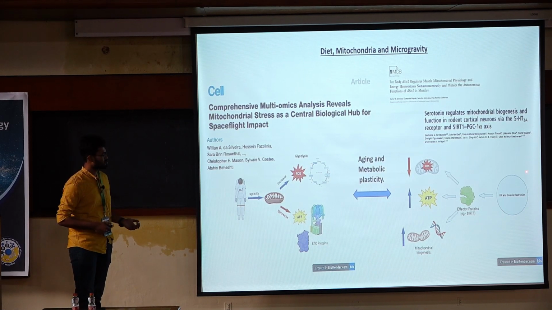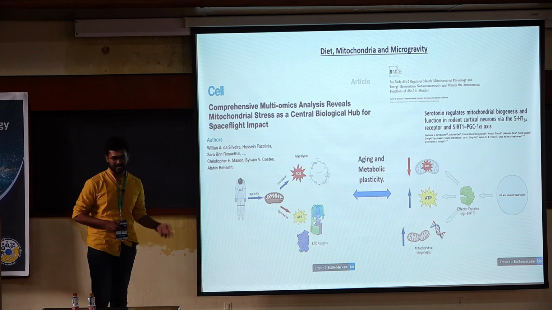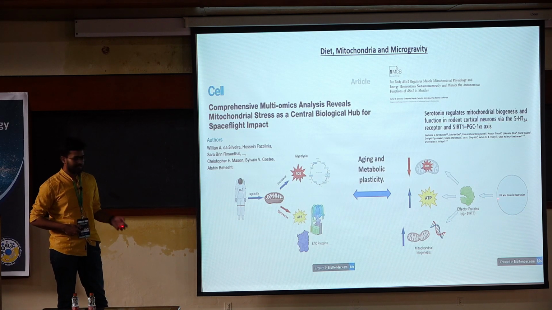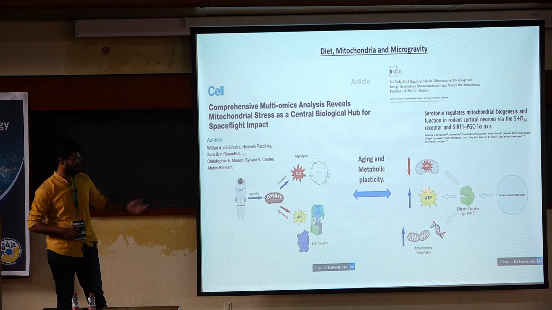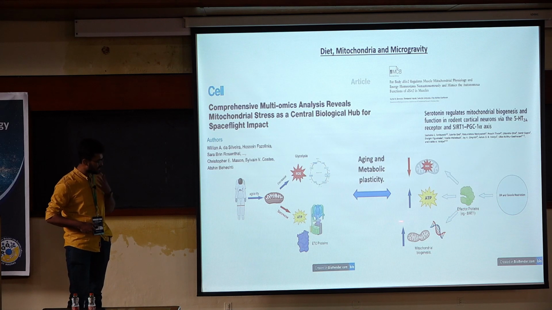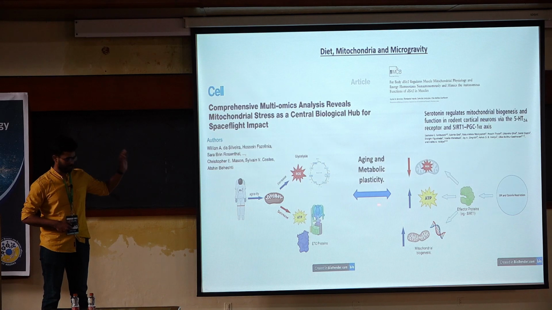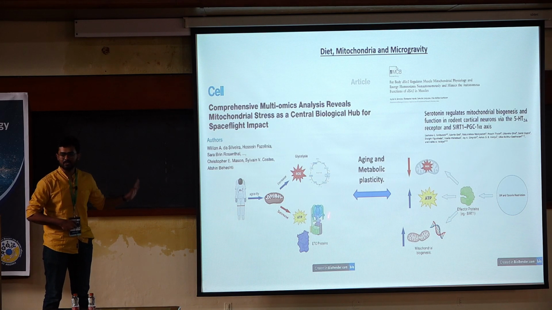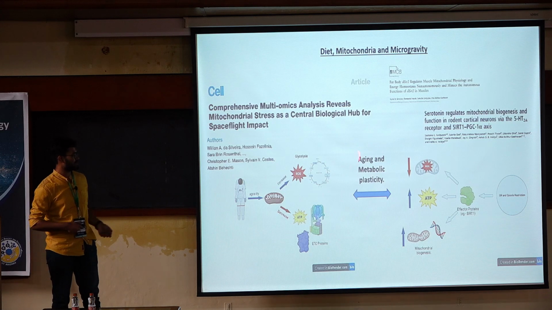Now, what we as a lab have been studying for a decade now is basically this. We have shown that under multiple paradigms, including diet, dietary restriction and calorie restriction, there are effector proteins which sense the status of the cell. For example, here I have just put 31, and these proteins are known to ameliorate these exact defects, though not under the influence of microgravity. That has not been shown, but the same phenotypes are also mediated by these effector proteins themselves. And thereby it mediates aging and metabolic plasticity.